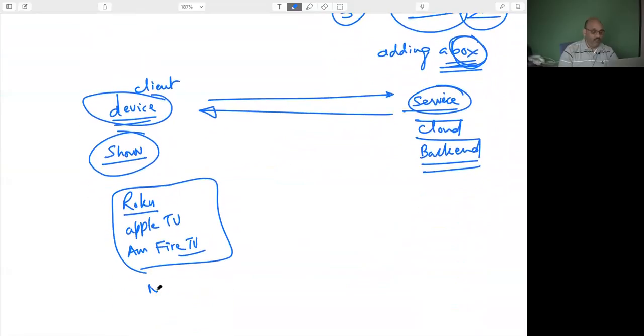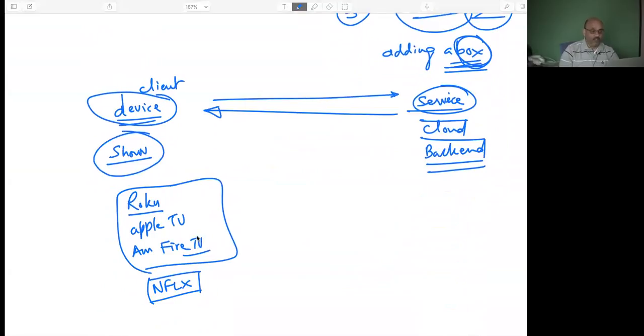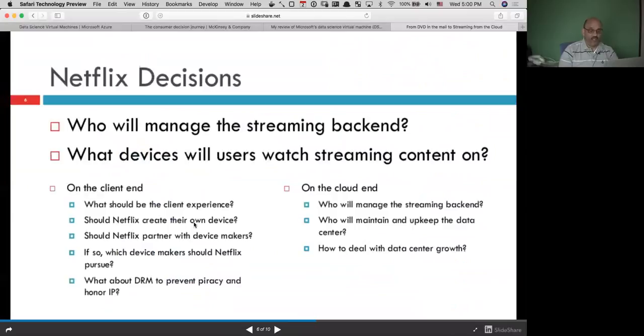But have you heard of a Netflix box? I haven't. It did not exist. It never came through. But the question is, should Netflix create their own device or partner with a device manufacturer? Or, if we decide to partner with device manufacturers, for example, if you go to this website and search